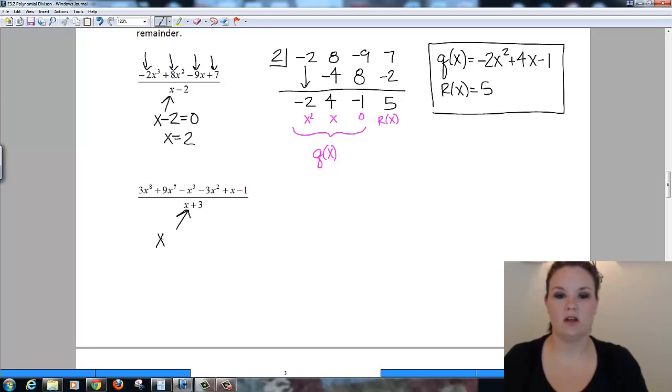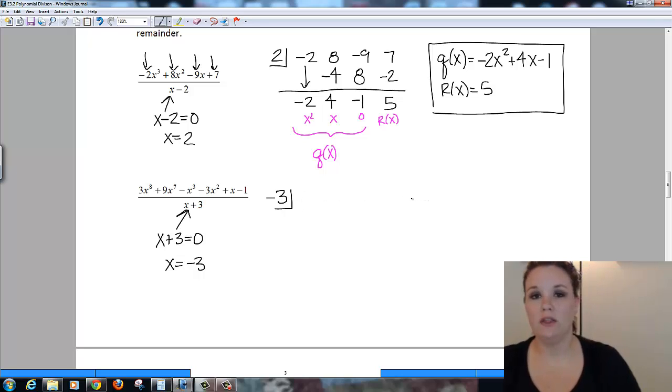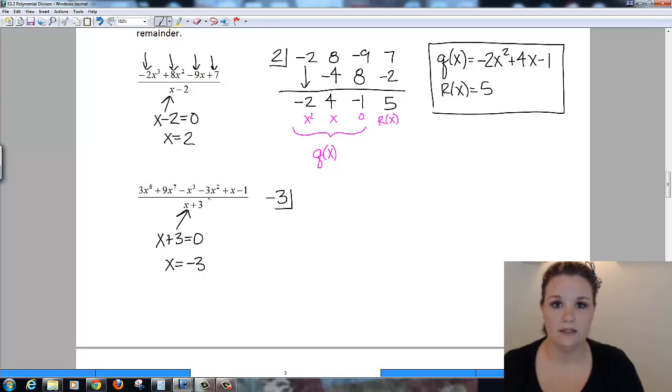First thing I do is solve the divisor. So this is x plus 3 equals 0. When I move the 3 over, that makes it negative. So I'm going to put -3 in my little half box, and I'm going to write out all the coefficients of my dividend, which is my original polynomial. So 3x to the 8th,